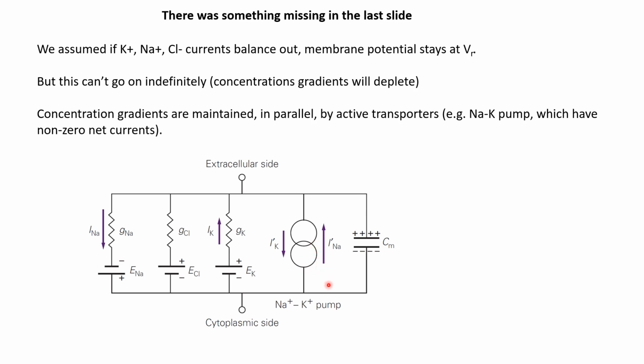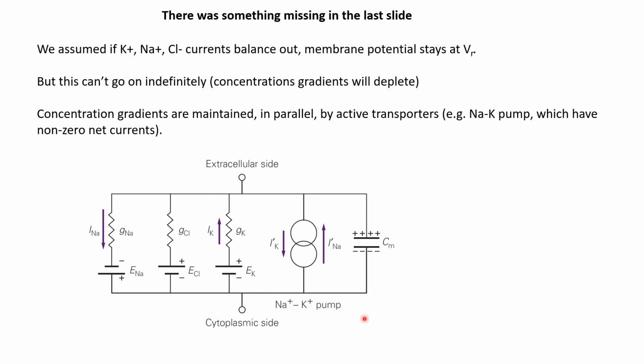And for the final value of membrane potential to be maintained, the sum of not just the ionic currents through these ion channels has to be zero, but all the currents taken together, including the pumps, should be zero. Then only the final value of membrane potential can be maintained. So even though there can be individual currents through the pump, whatever is the net current through all the pumps and whatever is the net current through all the ion channels, those two combined will be zero.